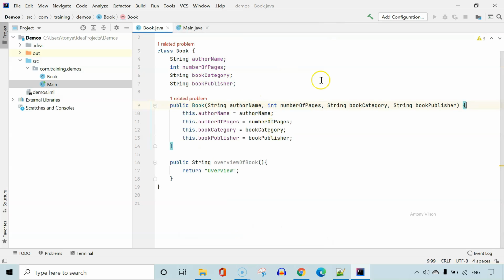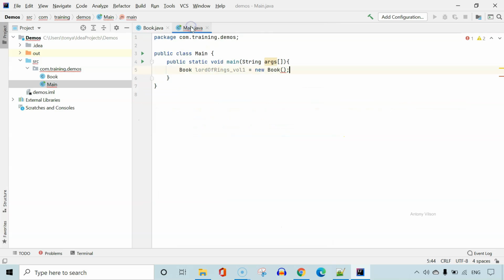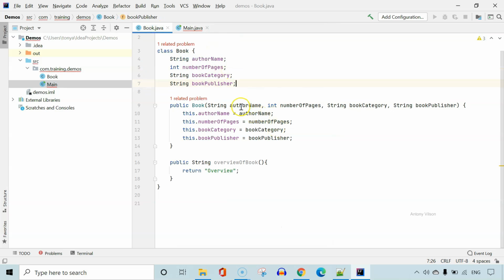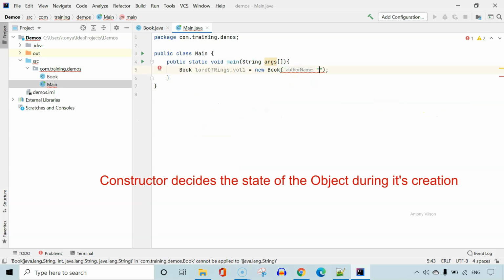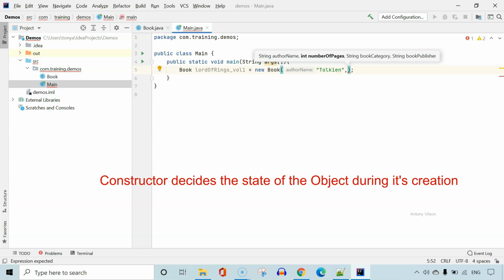Okay. What is the problem? Okay, the problem is here. Now what do we have to pass? We have to pass author name, number of pages, book category, and book publisher. So let's pass them here. Let's provide the author name. Author name is Tolkien. And I'm not sure about the number of pages, so I'm just passing 1000.